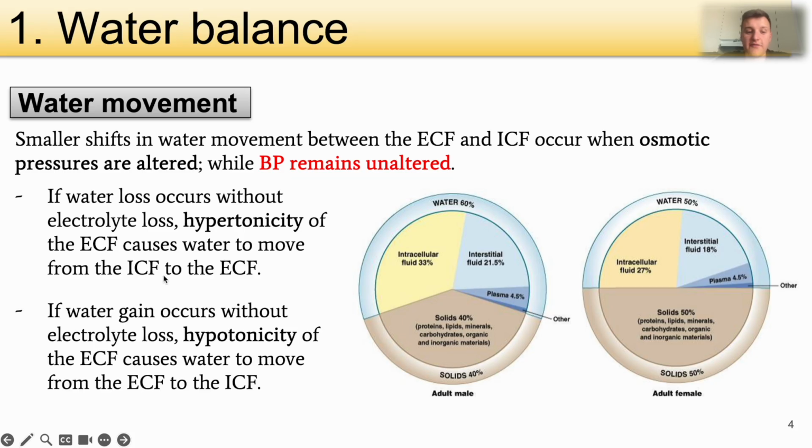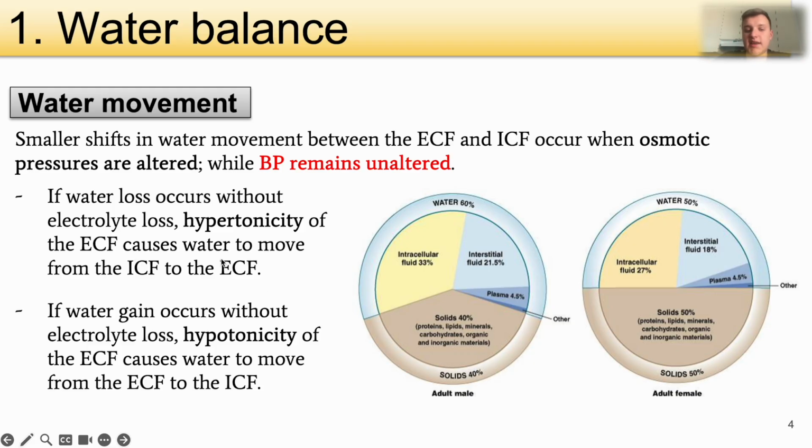If water loss occurs without electrolyte loss, we lose water but not the ions in it, and the ECF becomes hypertonic because there are a lot more ions on the outside compared to the water. This causes water to move from the ICF inside the cell to the ECF outside,